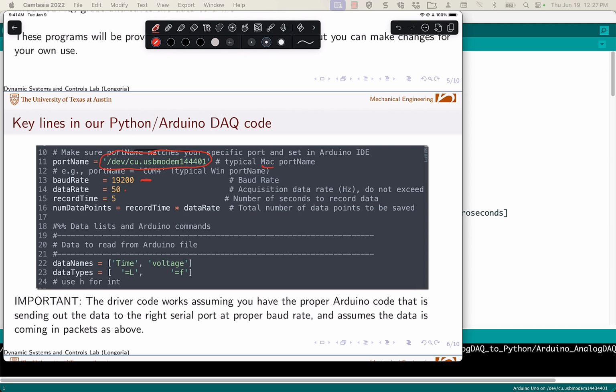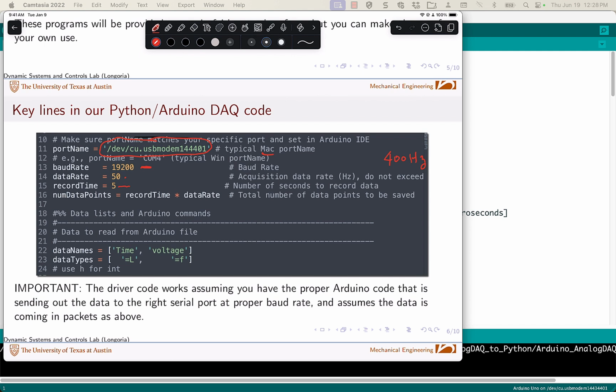I think the highest we've ever been able to go is about 400, and that's only if you're not doing that many things in each loop. And then you also tell it how long you want to collect data. Okay, you say, hey, I want to collect data for about 10 seconds, and the program's going to start and go and start logging data. It's going to timestamp it, and it's going to do all the things that the Arduino program has been designed to do. Okay,